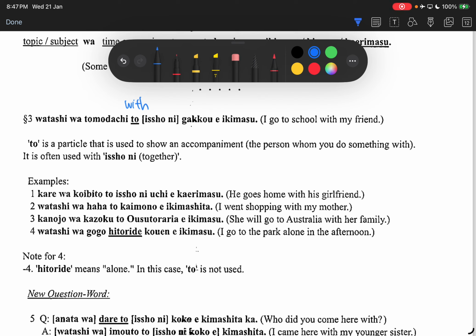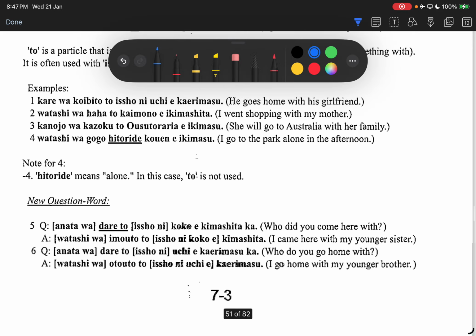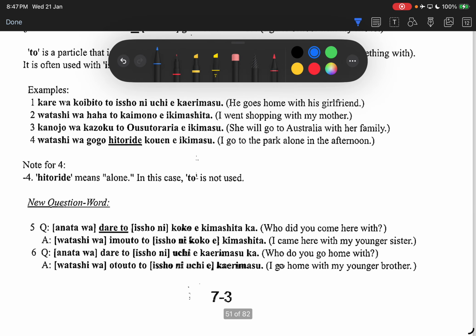Then this is where our by comes in again. Remember just now our mode of transport, by bus, by train. So now is by oneself. So this is what I mean by the means of, the method of. So it doesn't just restrict to mode of transport. This で particle can mean using something or by means of something. So by means of alone, by means of one person, or by myself, I go to the park. Right? So by oneself, I go to the park. So 一人で公園へ行きます。